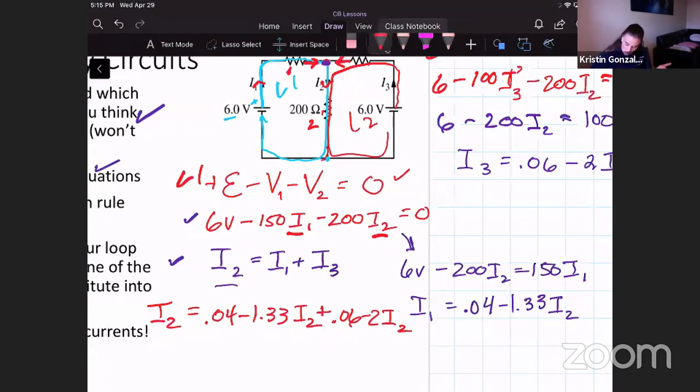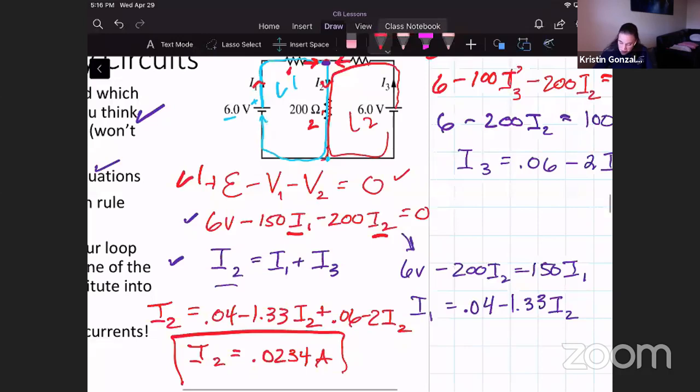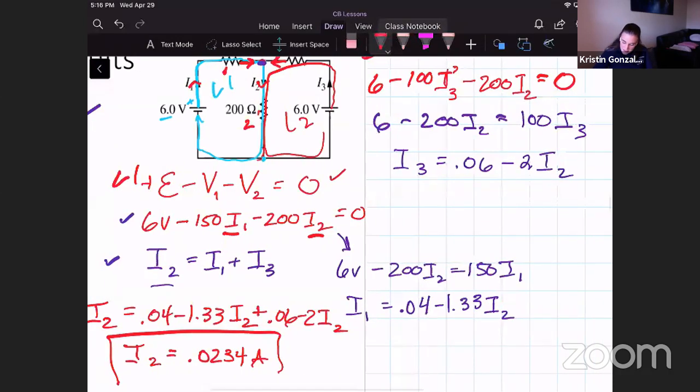We can combine our 0.04 with our 0.06. We can combine our 1.33 with our 2, and then bring those over and rearrange. What you get is that I2 is going to be equal to 0.0234 amps. Okay. And then I could plug that into these other ones and solve, because I have these equations